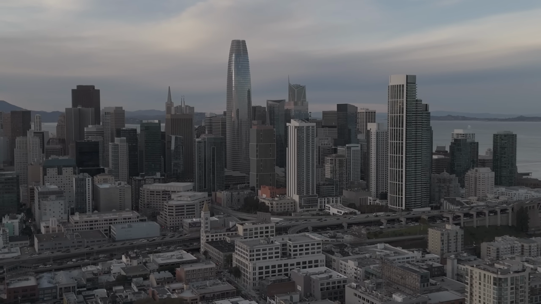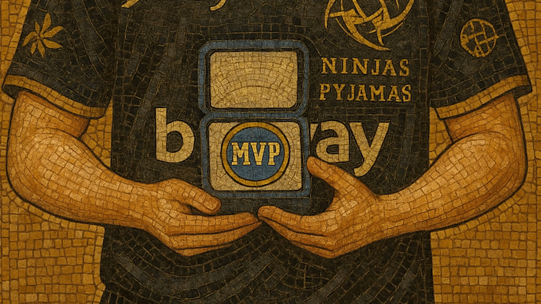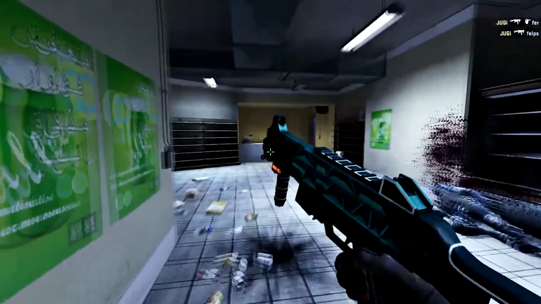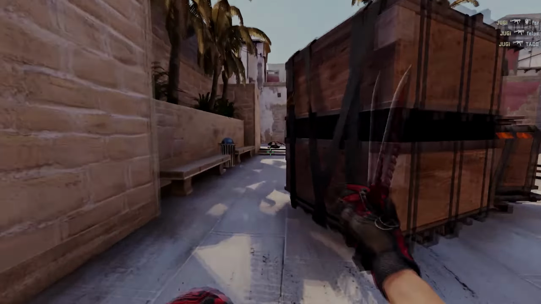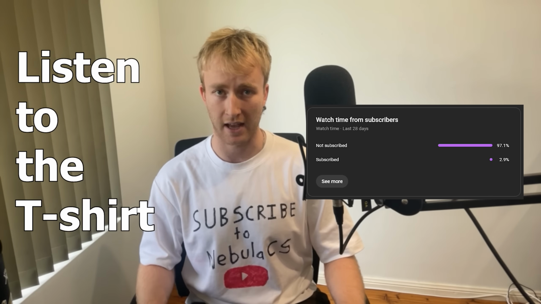By the time of IEM Oakland, Rez, the MVP of Byzantium 150 BC, only secured 6 kills using the UMP across the entire tournament. This shows how sensitive the meta is in Counter-Strike and how little is required in order to dramatically shift things. With all of this talk about shifting metas, I'm shifting into this ad read from our